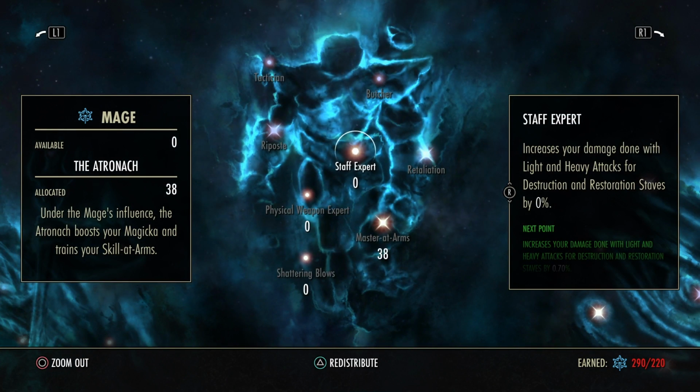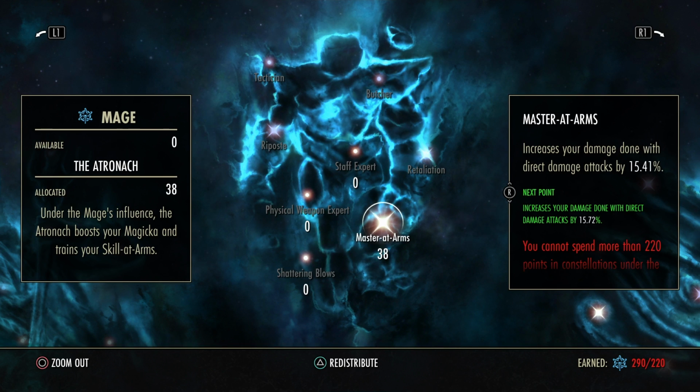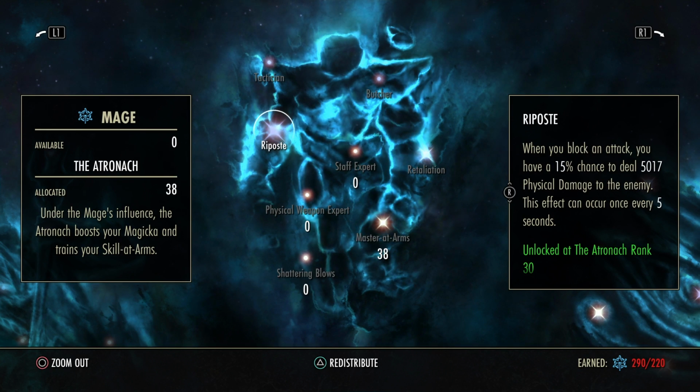Nothing here, nothing there. Then we come a little bit further. Increases your damage done with direct damage by 15%, so that means all direct damage by my abilities and light and heavy attacks, but not damage over time. And when you block, you have a 50% chance to deal 5,000 physical damage. I block and bash also sometimes, especially when the PvP players try to wipe or to get up his friends,